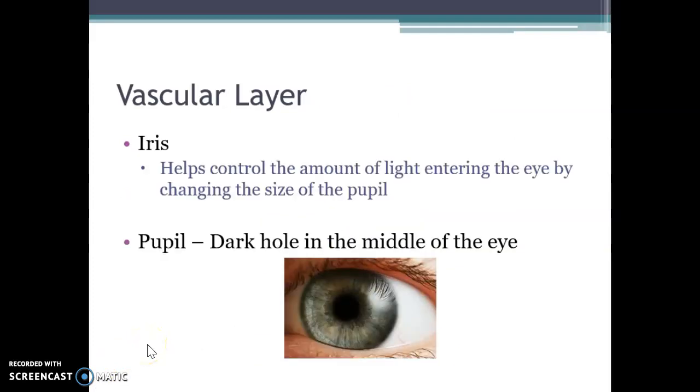The last components of the vasculature we're going to look at are the iris and the pupil. The iris is the colored part of our eye. The pupil is a dark hole. As I mentioned previously, it is a hole. There is literally nothing there. It is a hole. The hole can get larger or smaller, and it does that depending on the light intensity